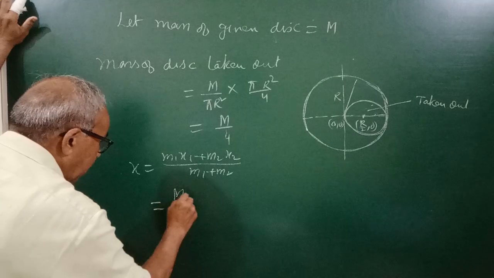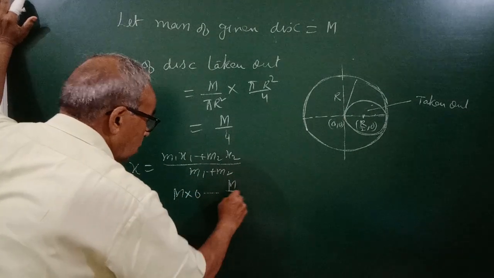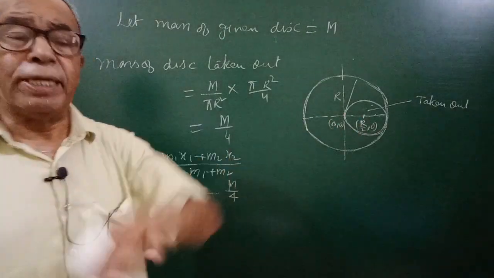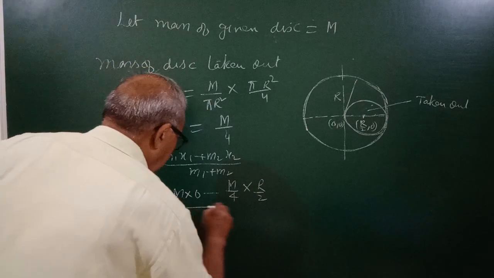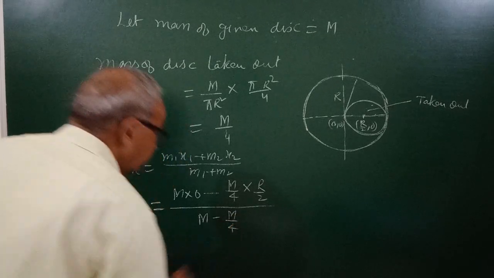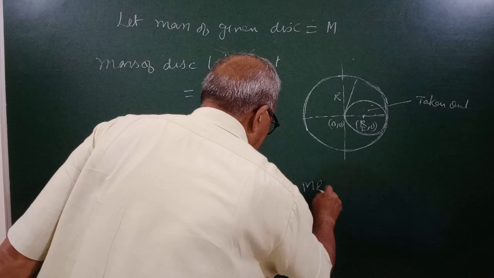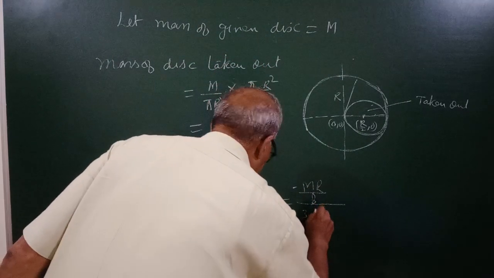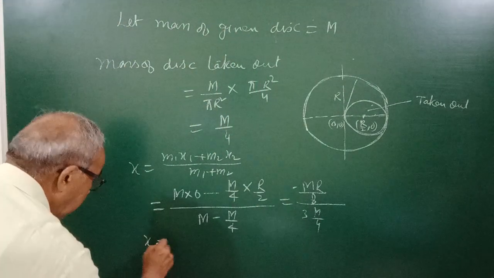m1 is M but x1 is 0, minus M by 4, the mass which we have cut out, which has been taken out, negative, into x2, R by 2, upon M minus M by 4. So it left here MR upon 8, upon 3M by 4. So this x comes out to be